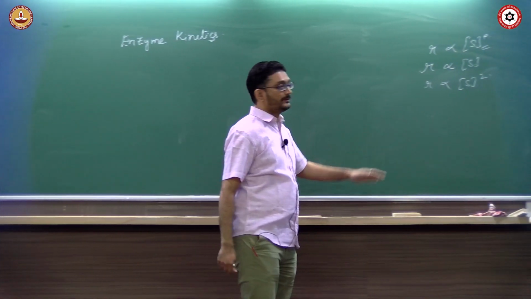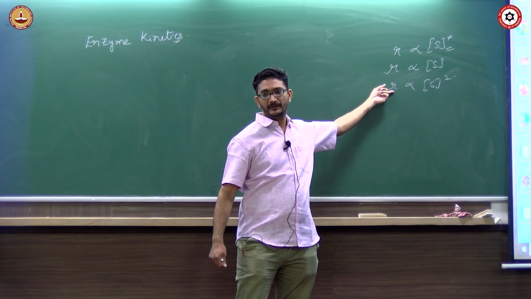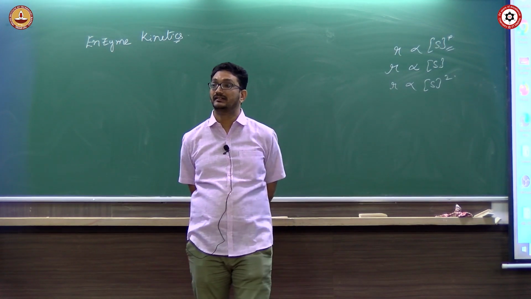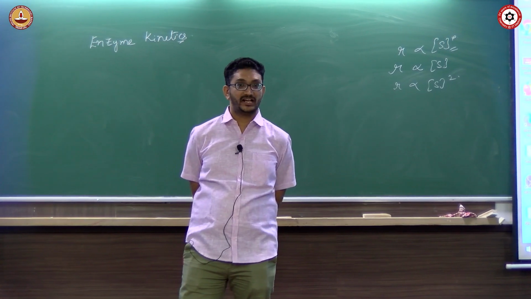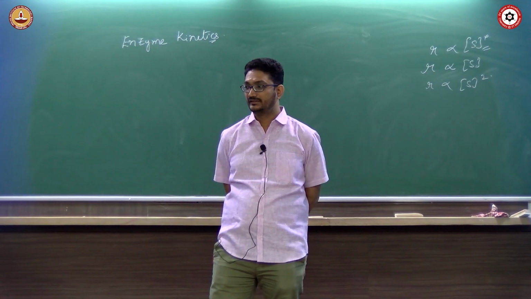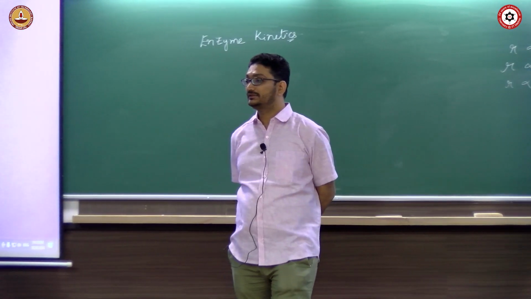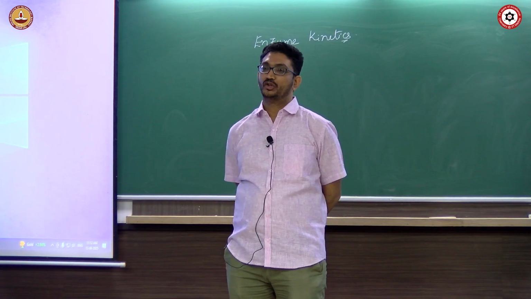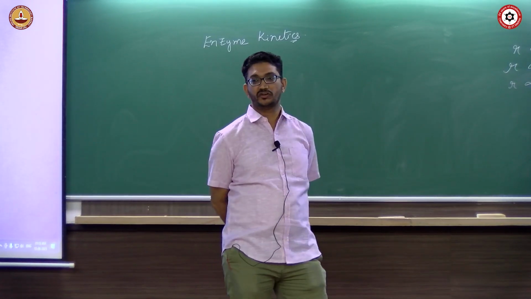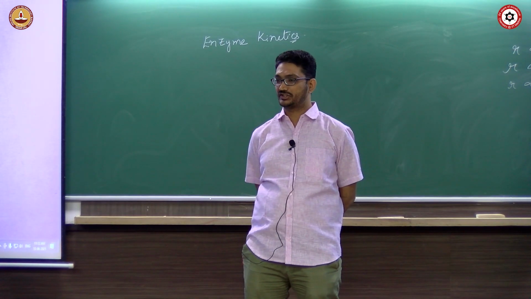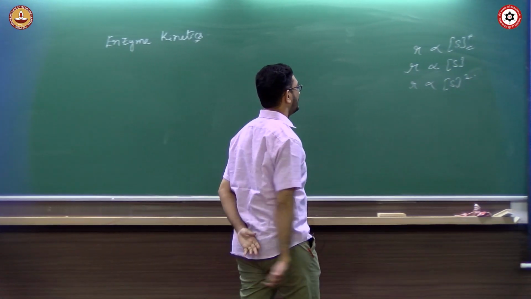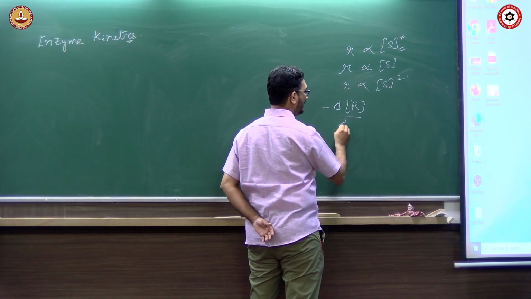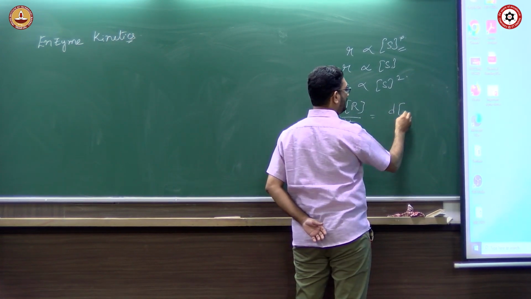So, you do an experiment, you determine the rate. What is rate? Speed of the reaction, but how do you determine the rate? You are monitoring the change in the concentration of the reactant or change in the concentration of product with time, right. If you want to write it mathematically, with a reactant as R, you can write minus dR by dt, or if it is a product, it could be dP by dt, right?